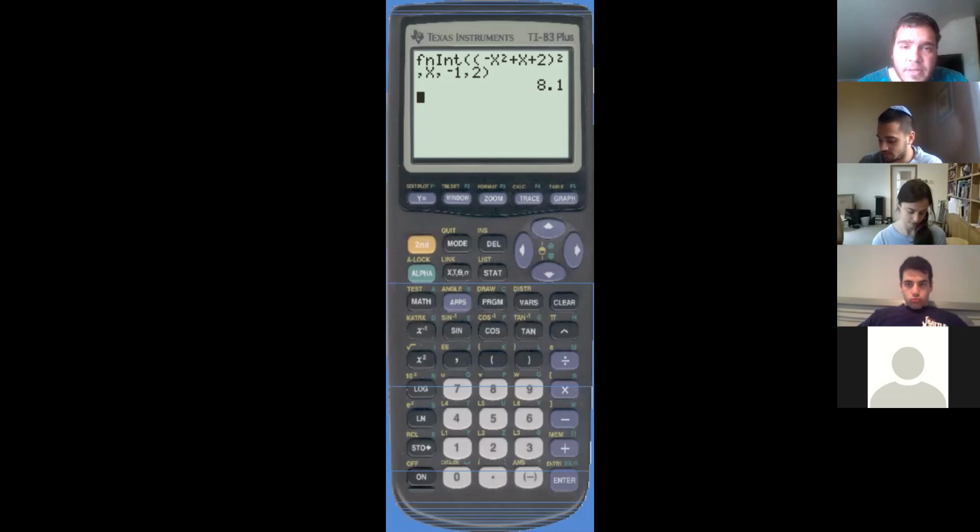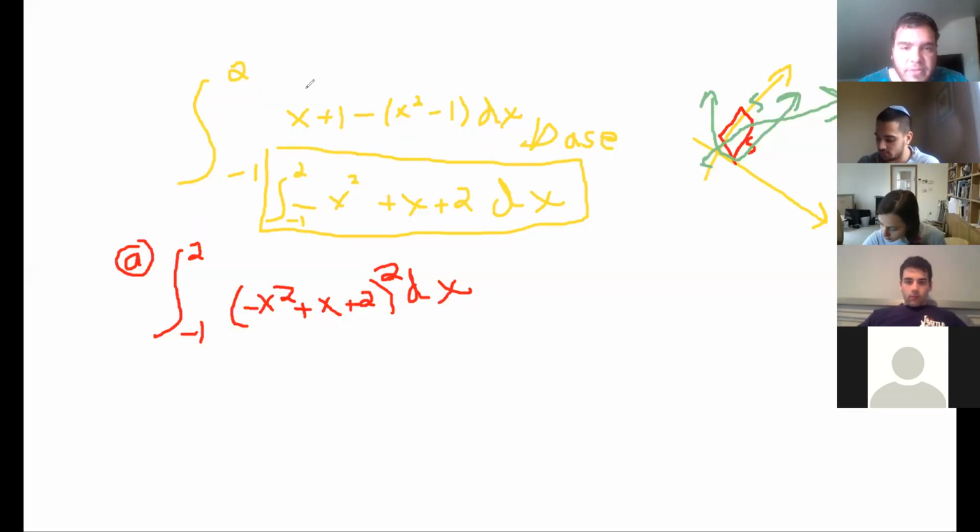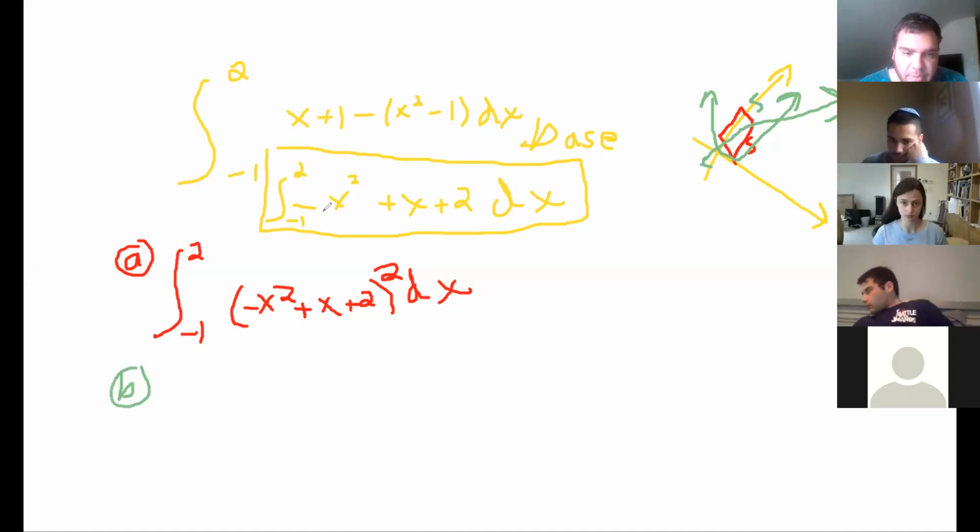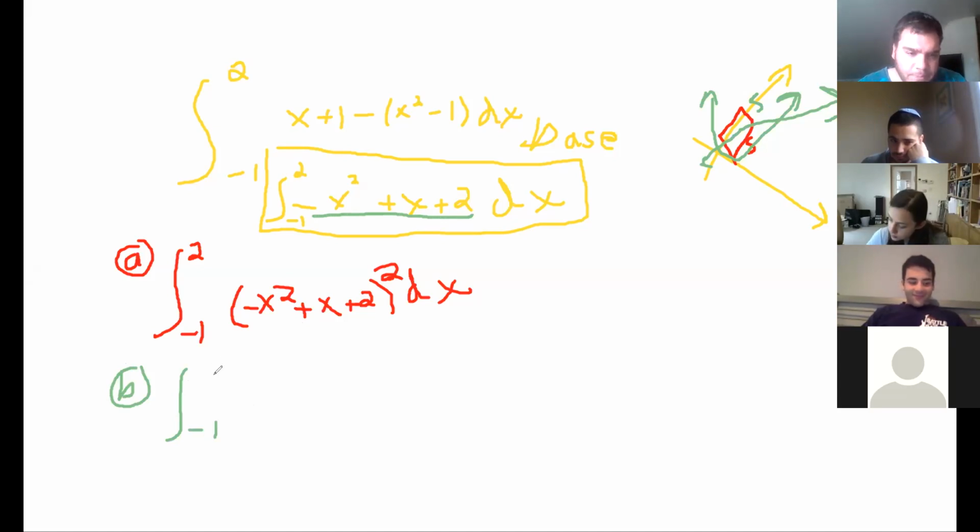So we're going to go back. We're going to do B now. B. Let's see. Oh, thank God I saved. So B, now the 3D shape is a rectangle with a height of 1. Remember, this equation right here is your base. The area for a rectangle is base times height. So this is the base, which is negative x squared plus x plus 2, times